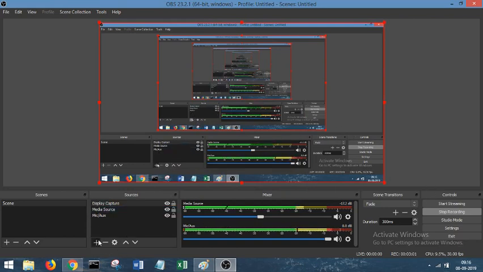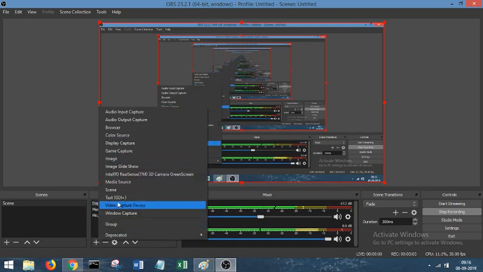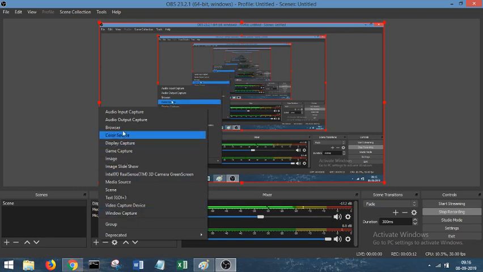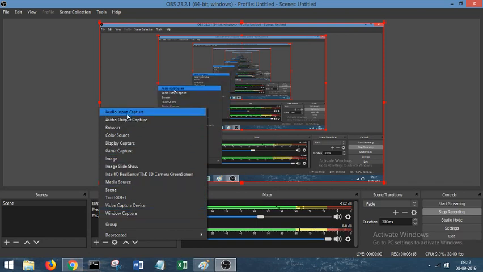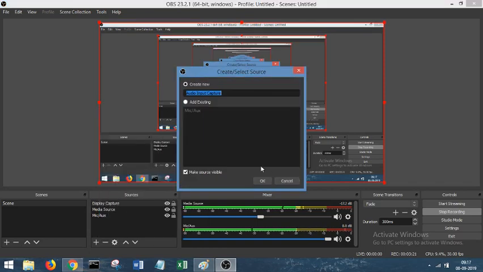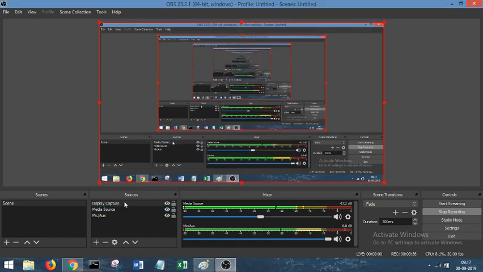Then the second thing you will be adding is your mic. I am creating a video in which I am using my Windows screen and audio. For the mic, I have used audio input capture. So add audio input capture, and then select the device that you have connected as a mic. Once you have connected this mic and display capture,